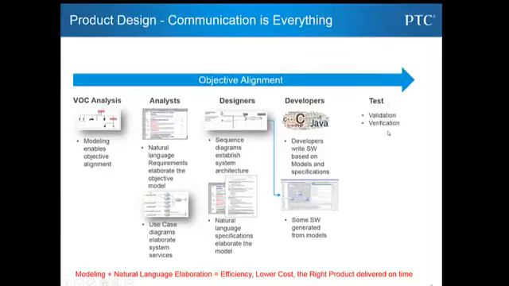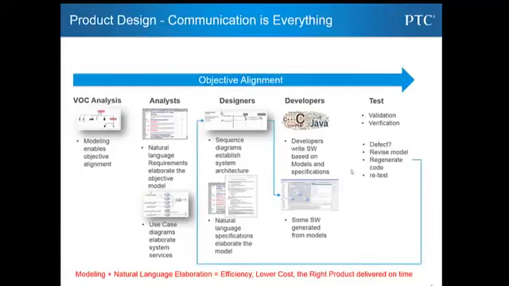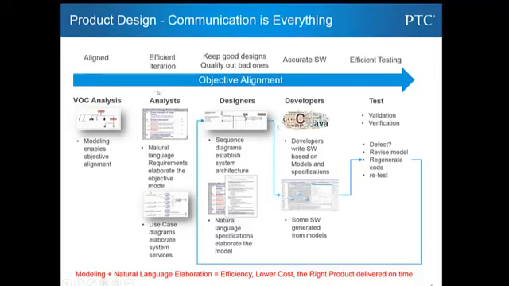Now when we move into the testing phase, we're truly going to validate and verify that what we intended to bring to market is what we're actually creating and that it works. Certainly we're going to find defects, but in some cases we'll be able to simply alter the model, regenerate the code, and retest. Worst case is we might regenerate a model, and the developers then look at that objective model and they make a savvy software update. So that at the end of the game here, we've got a benefit for everyone at every part of the life cycle. We're aligned throughout.